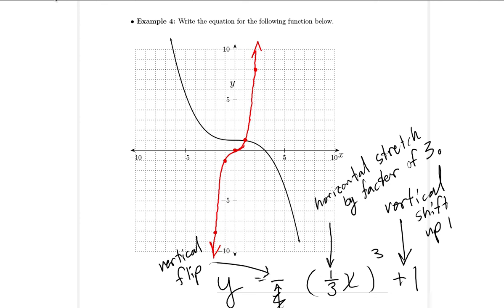All right, so to clean up my mess here, let's get rid of this thing. Let's put that negative closer. So negative the quantity 1/3 x cubed plus 1. And again, put that in your calculator, make sure that it works. There's nothing wrong with that at all. But this one here, if that made sense to you, this would be the challenging one to look at here, because of the fact that those horizontal stretches and shrinks can be